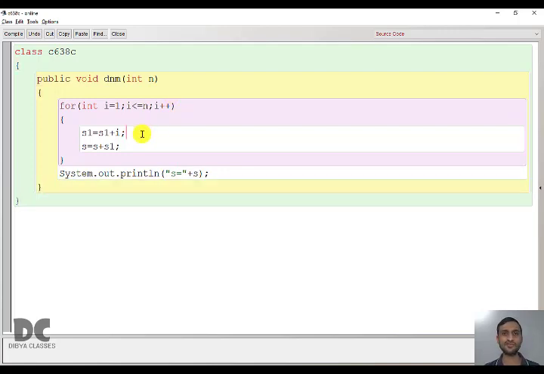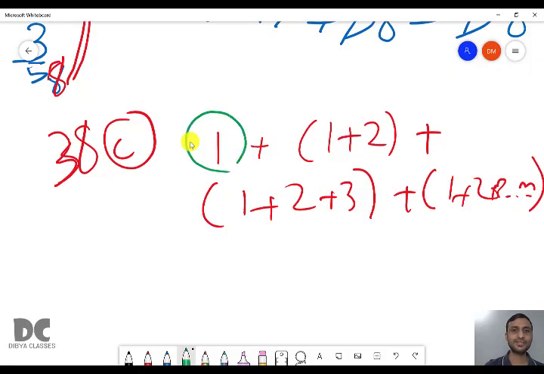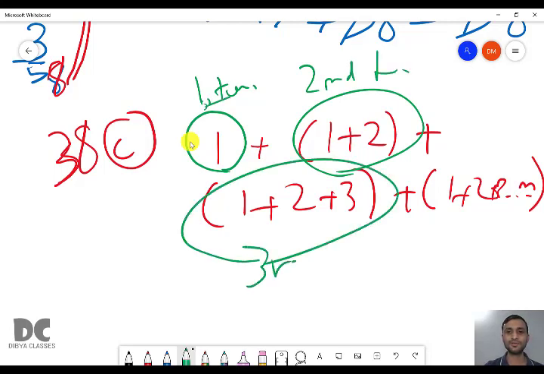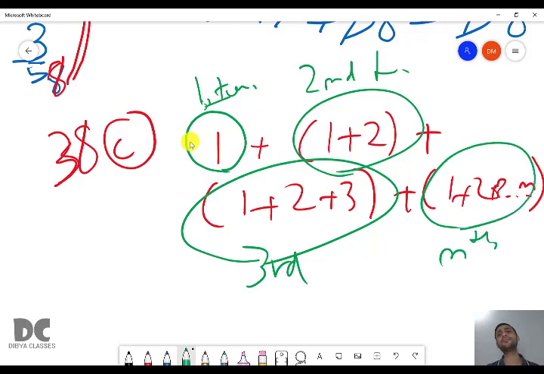So here s1 is to create the terms and s is to add the terms. What is a term in this question? This is one term, this is the second term, then first term, second term, this is the third one, this is the nth one. So there are n number of terms in this program.